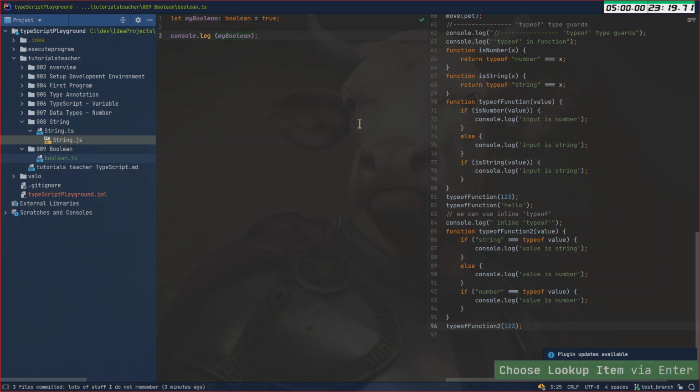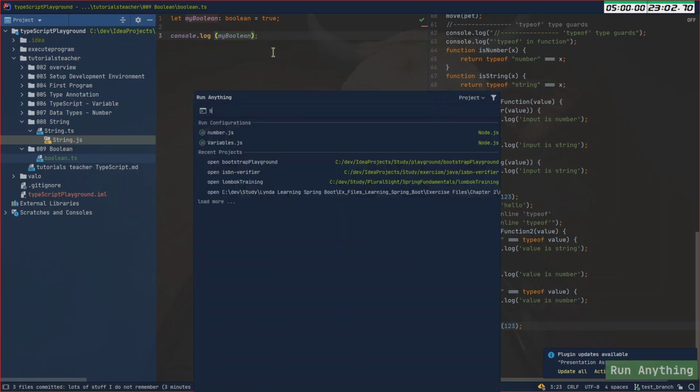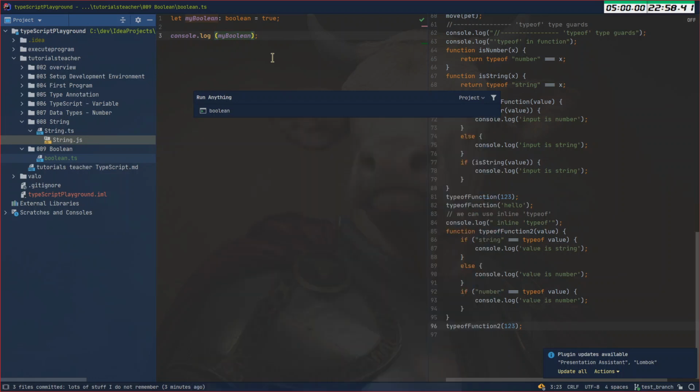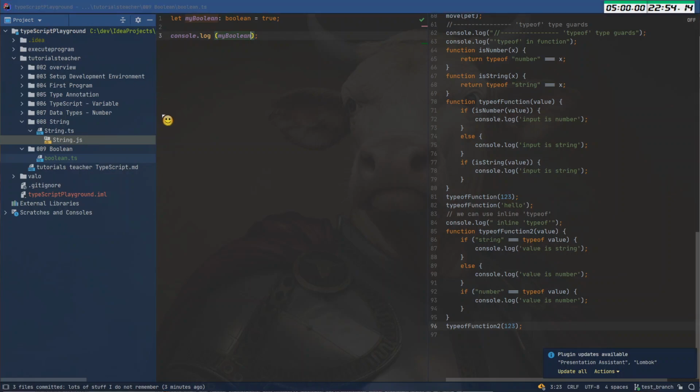Okay, so can I run it? Huh? If I do control to run anything, it doesn't do anything. Okay, so I say boolean. Okay, so